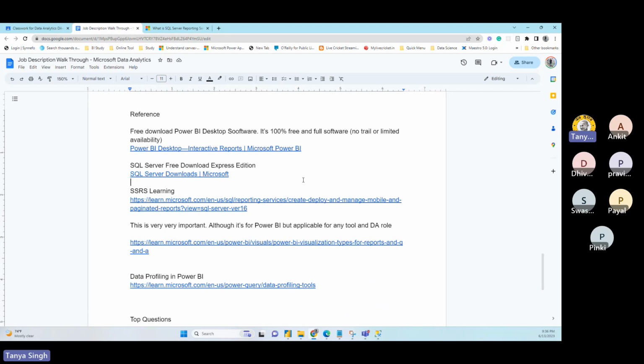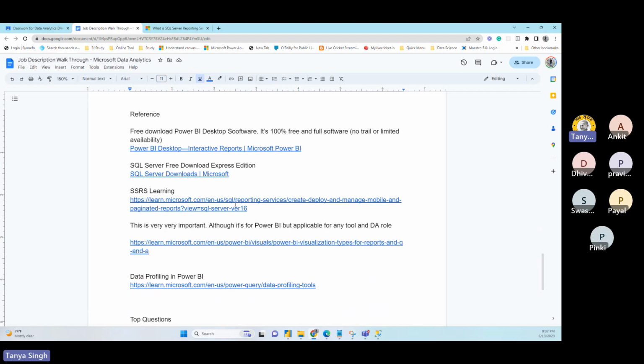But if you have never worked on any visual tools, I highly recommend you download the Power BI tool. It's free of cost. And there is a SQL Server Express Edition that is also free of cost. Working on these two will give you practice with databases. Once you have good SQL query practice, you can work on any database, whether it's Oracle, DB2, or Google BigQuery, because SQL is pretty standard. You can download and install these on your computer and learn.